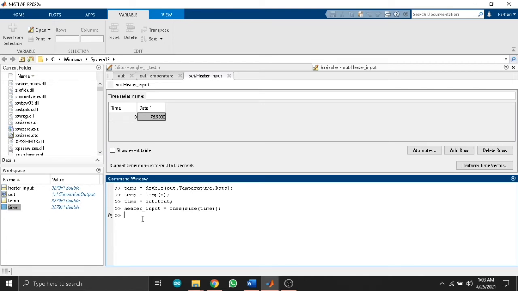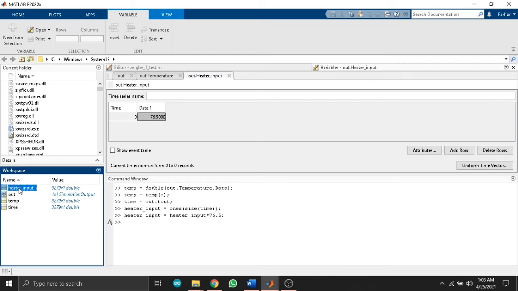So now what I do is I multiply this by 76.5, because throughout the trial the value of the input was just 76.5. It was a constant value. So I multiply the heater input with 76.5 and now I got the heater input.